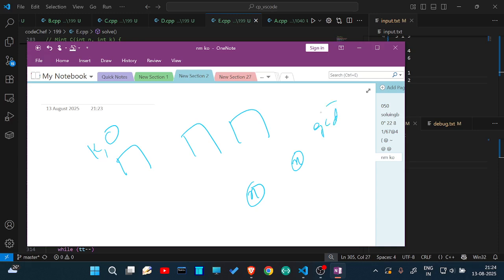GCD will reduce. Binary search. Okay, so we just